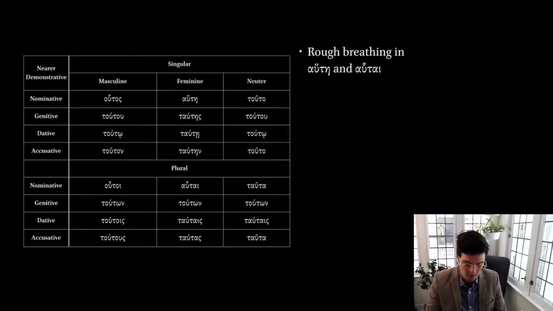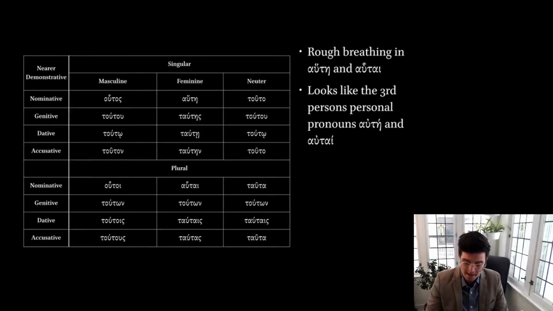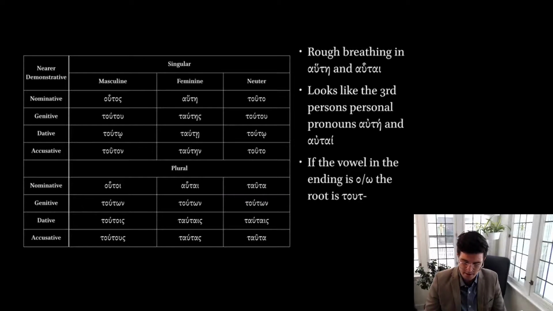So first, notice the rough breathing marks, particularly on haute and hautai. You should note those because they look like the third person personal pronouns aute and autai. But these are different words, whereas aute and autai mean she and they, haute and hautai mean this and these. This referring to something feminine in grammatical gender, and these referring to something feminine plural in grammatical gender. And then also